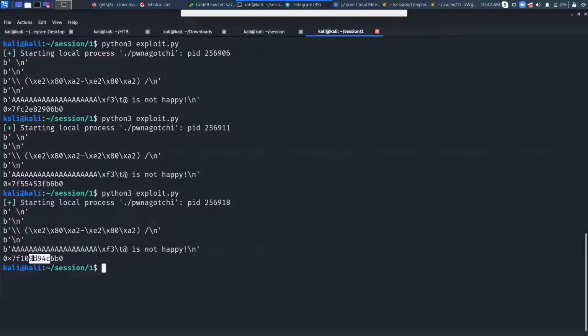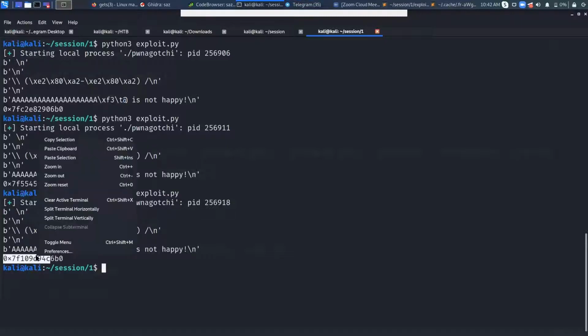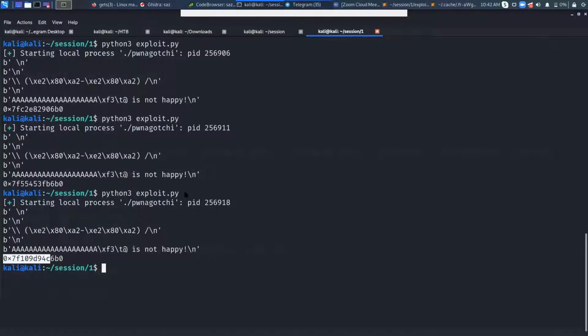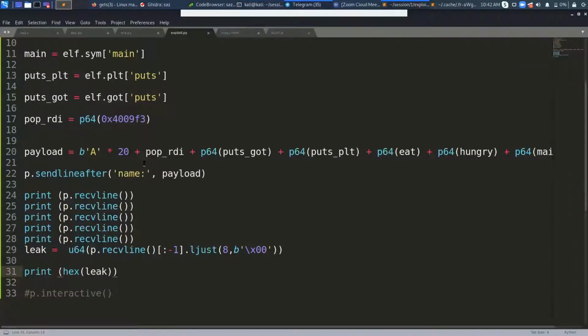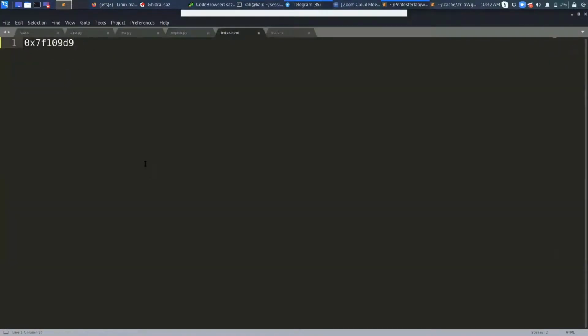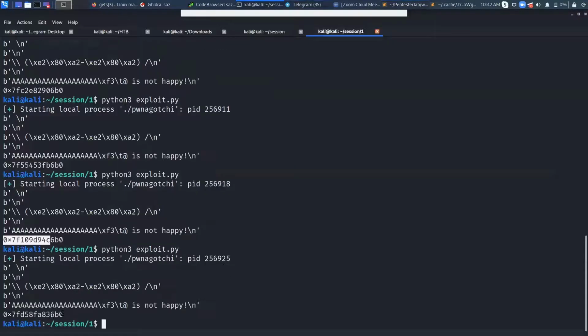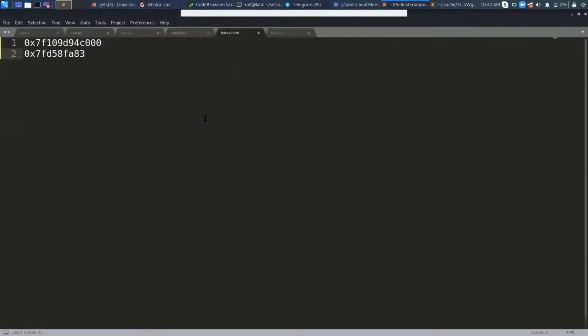What changes is the libc base address, because here the base address is 46000, then it became something else, and the puts in libc, its offset, it's